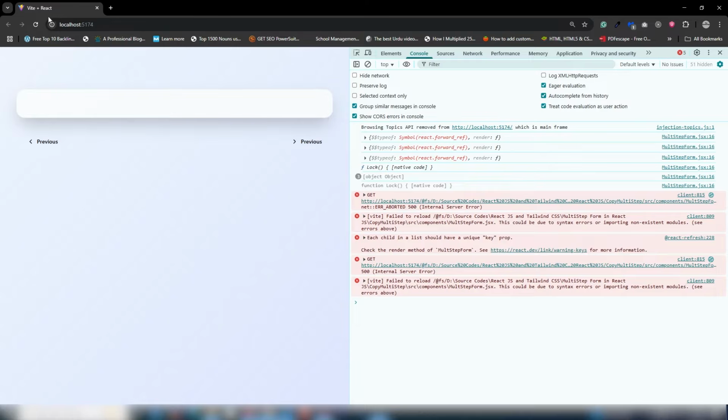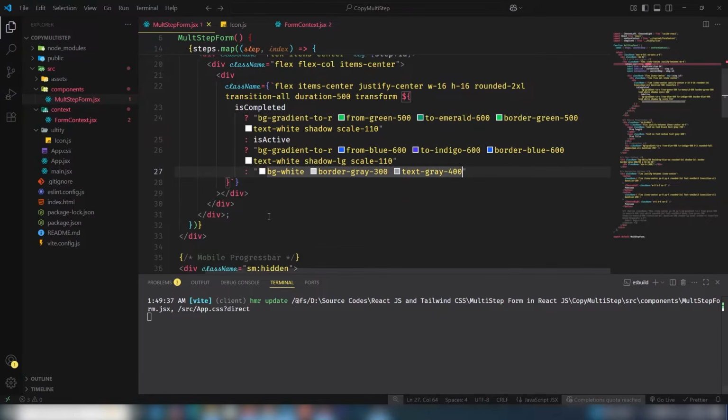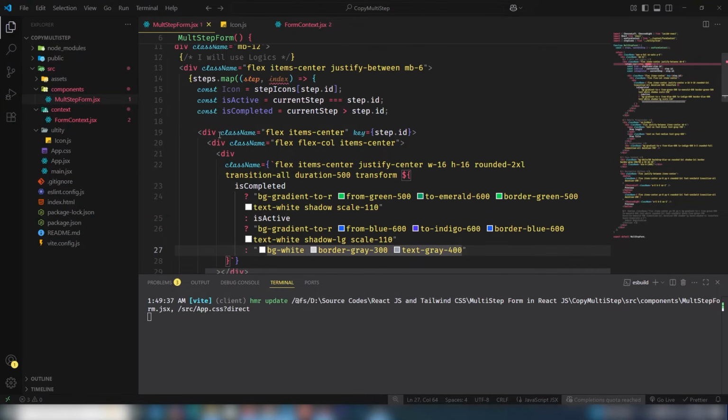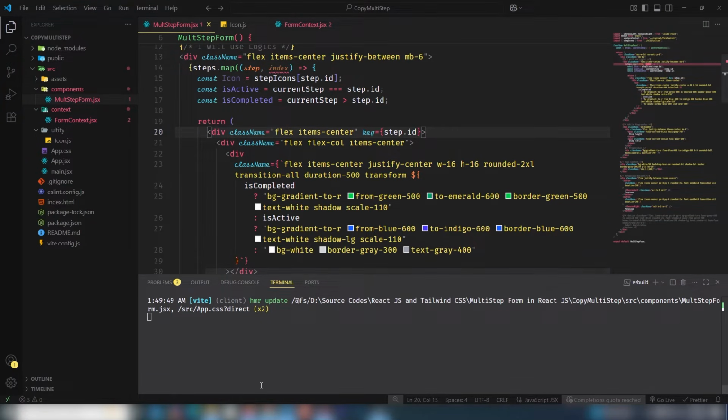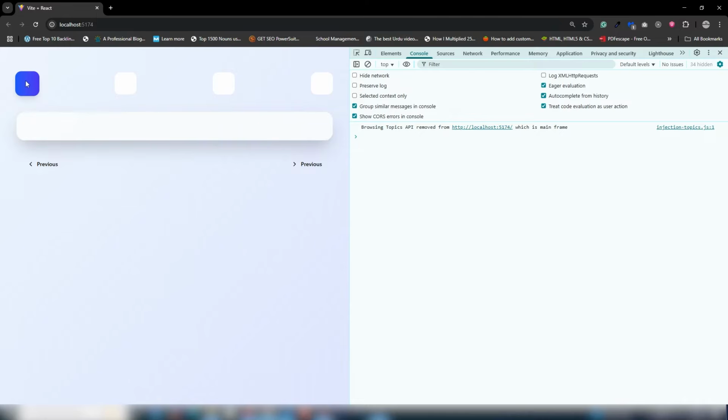So let me show you in the browser, but you can't see that. The reason is it doesn't display anything. You need to use the return keyword. Save the file, and as you can see, 4 icons, right? So yeah,